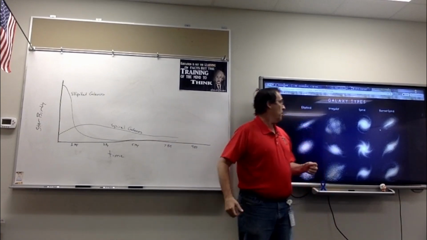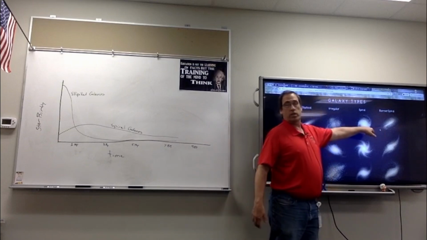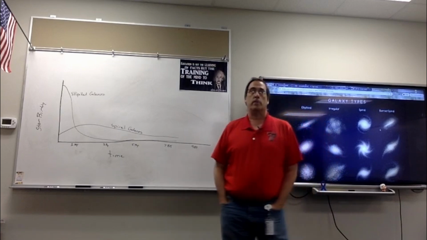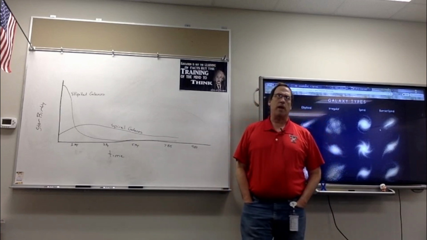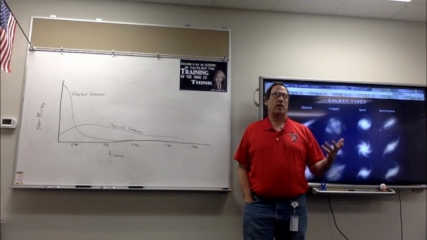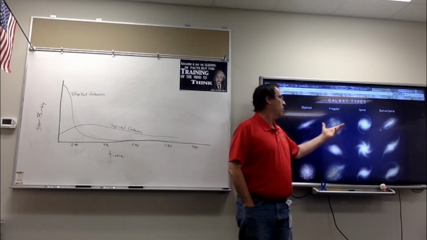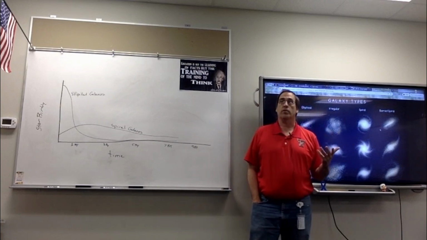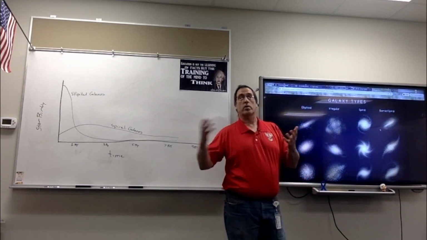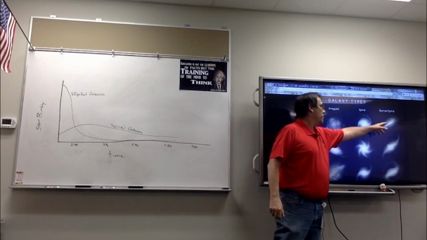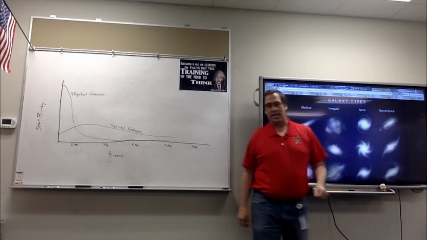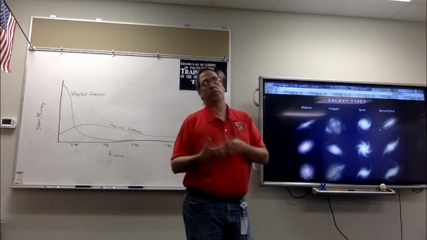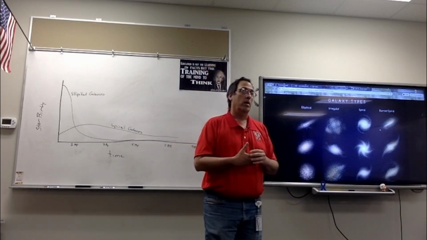As for why some are barred and some are not barred, that probably has to do with the amount of dark matter that is found in that galaxy. Remember, dark matter has mass, it affects gravity, it affects the orbits of these stars, it affects the orbits of galaxies around each other, but we haven't been able to observe it directly. And as a result of that, that's why we call it dark matter. And so a barred galaxy probably has a higher percentage of its mass that is actually dark matter versus